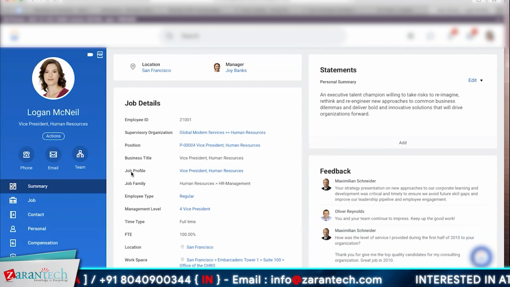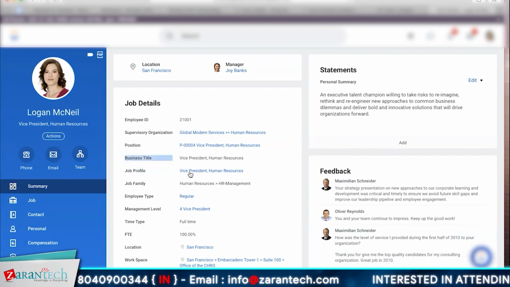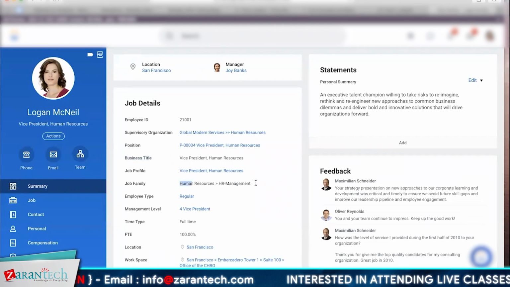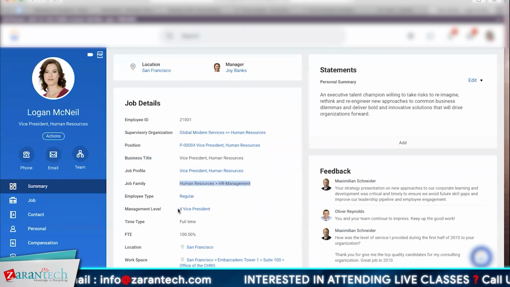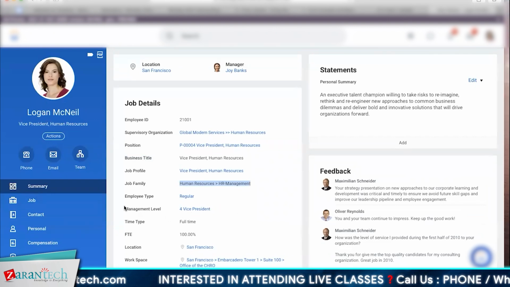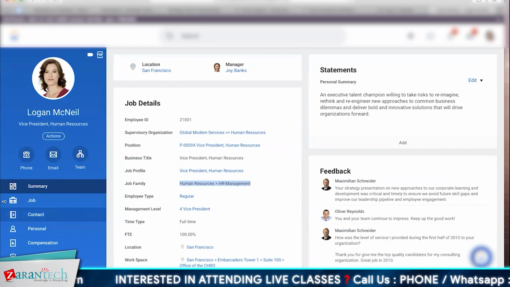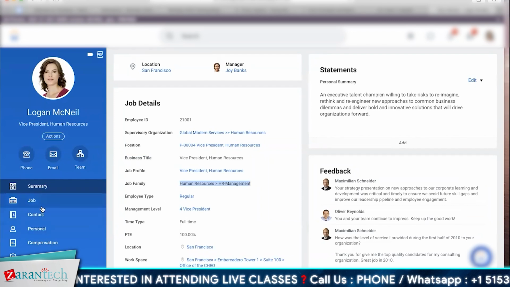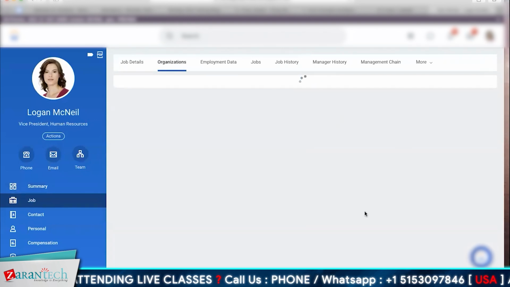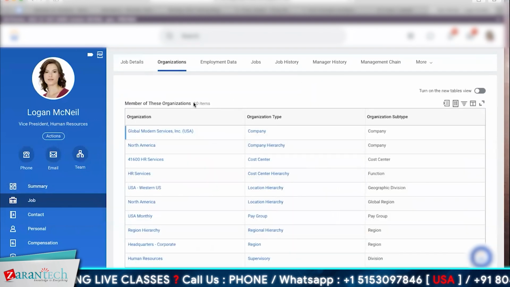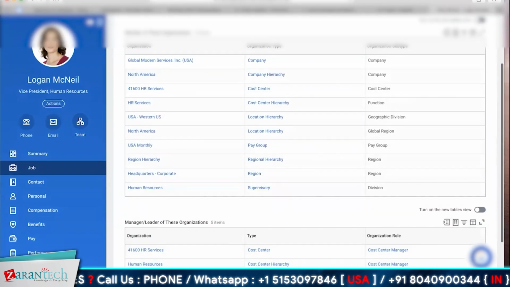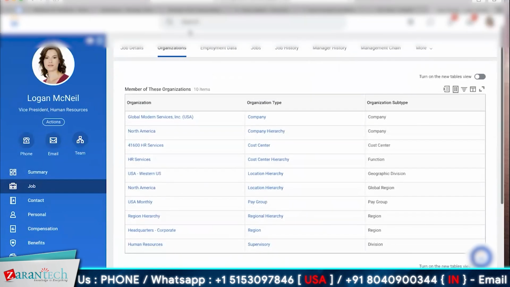So the job profile that we were talking about, this is the business title. Job family, so Human Resources, HR management. This is the management level again. Depending on what sort of levels are defined in a particular organization, we can do that. These are the different job details, and this is showing the details of the organization that are linked to Logan's